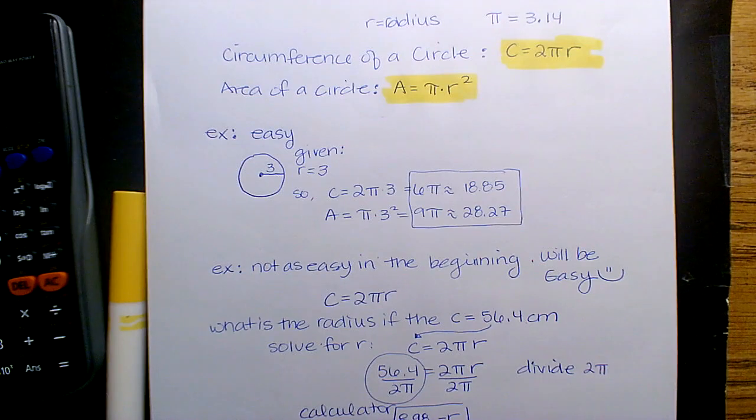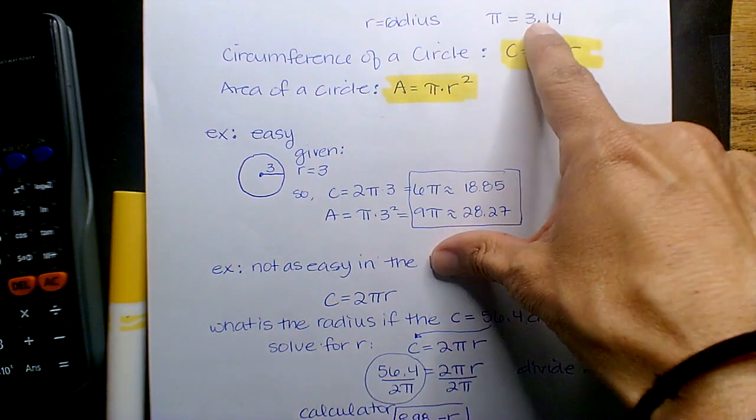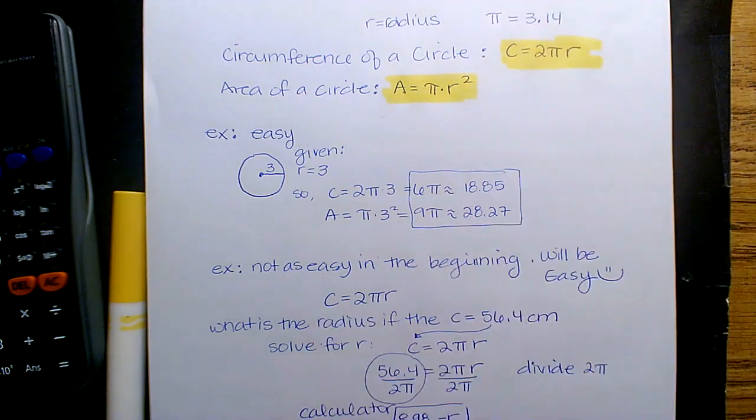Okay, so look. The circumference of a circle is 2 pi radius. The area of a circle is pi r squared, right? You guys did this yesterday. Pi is the equivalent of 3.14. So if you want to use your phone and use 3.14, that's fine. It doesn't matter. You can easily transfer over to my calculators and you can still do fine on a